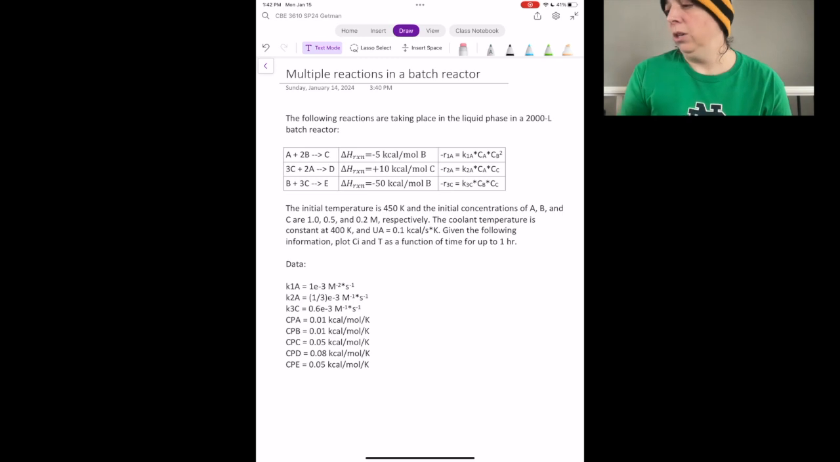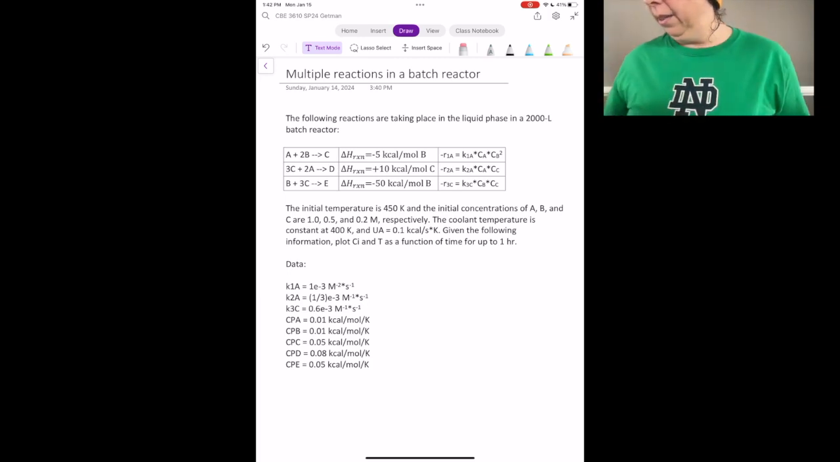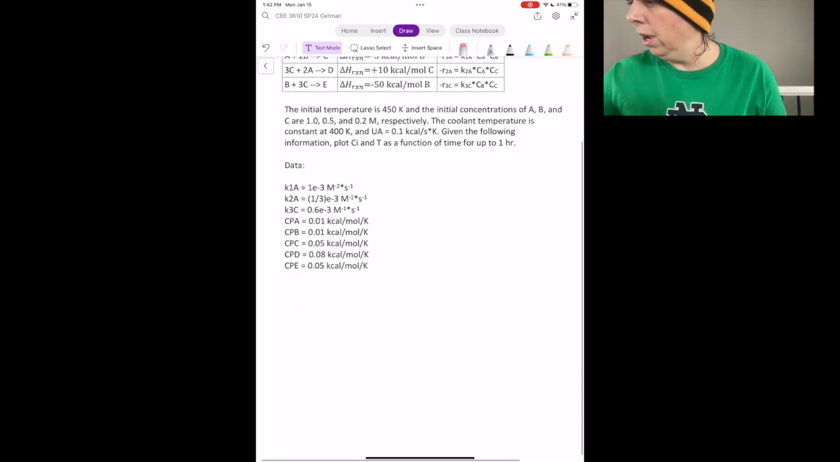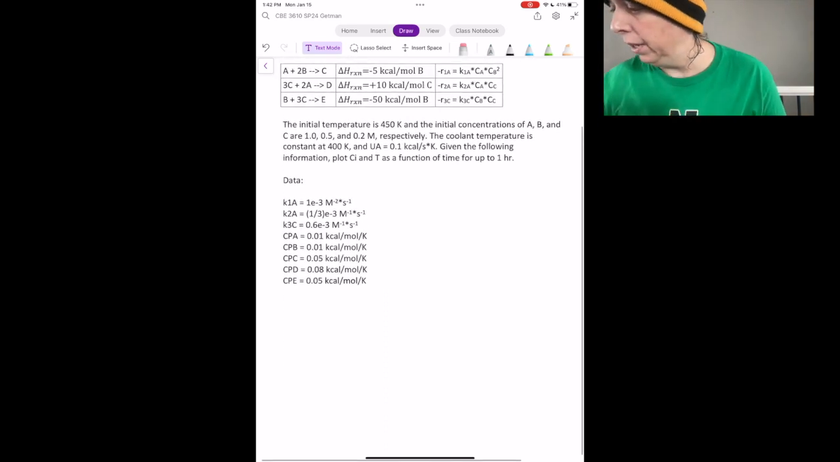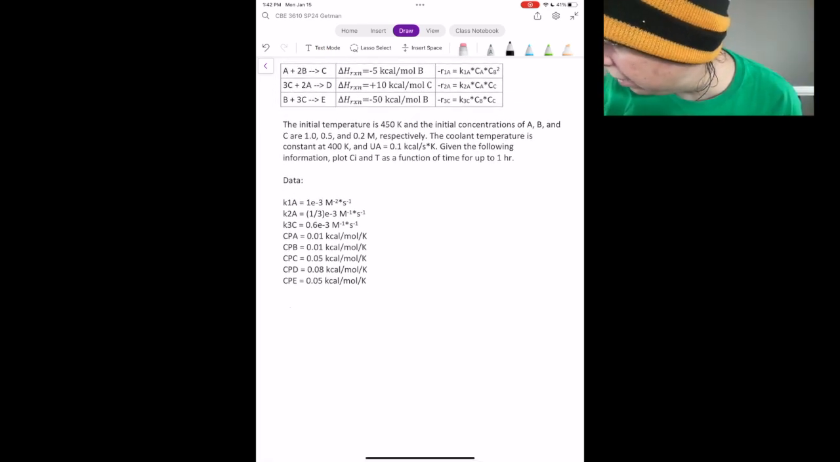Given the following information, plot the concentrations of the different species, so the concentrations of A, B, C, D, and E, and also the temperature for time up to 1 hour. And then we're given data here about the values of the rate constants as well as the heat capacities of the different species. So I'm going to start the way we always start, and that's to write the mole balances